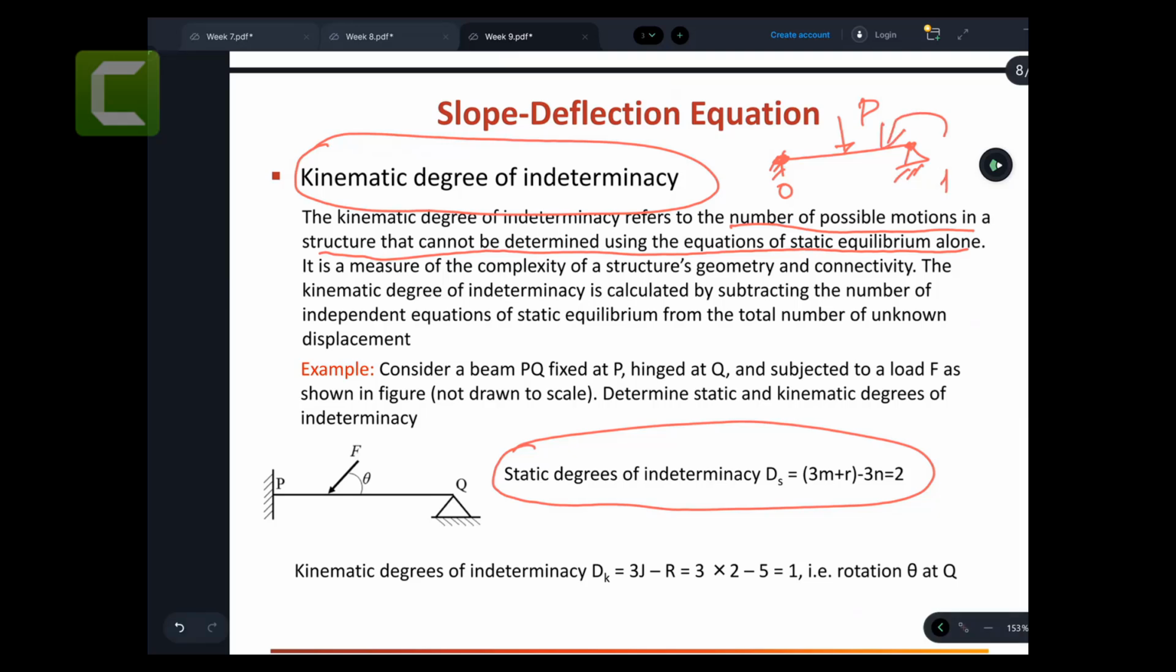So there is a possibility that these points can go rotation at 1. So this represents a kinematic degree of indeterminacy. What is a kinematic degree of indeterminacy? If you look at the whole structure and I say the kinematic degree of indeterminacy for this structure is equal to 1, it means that